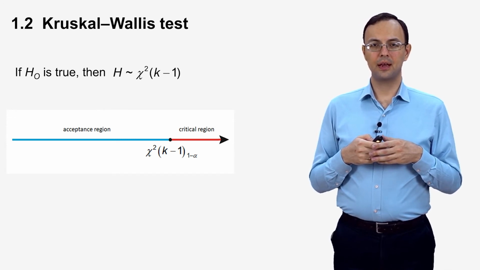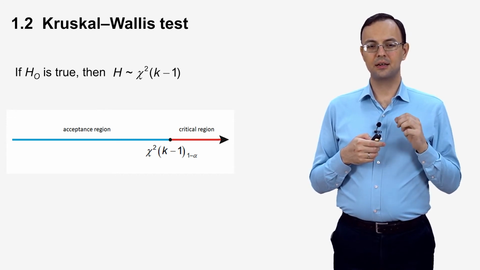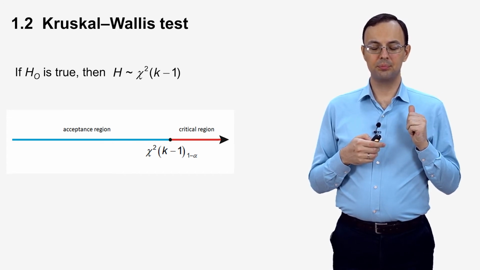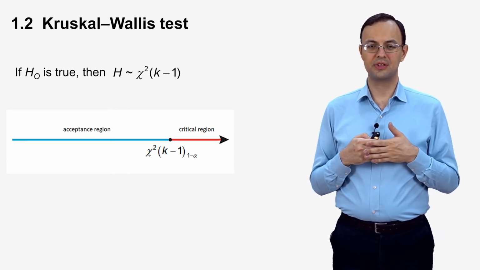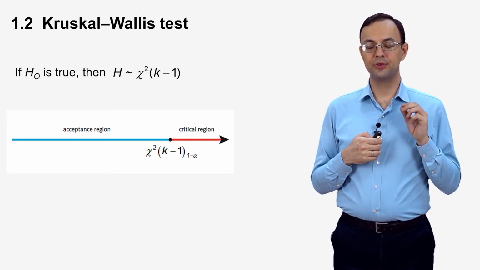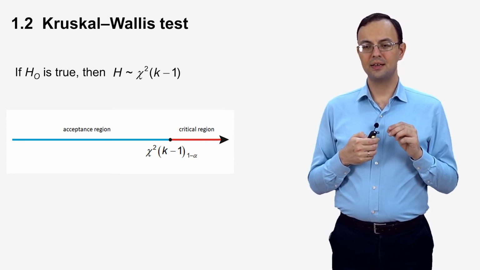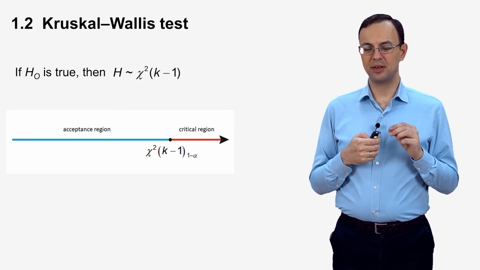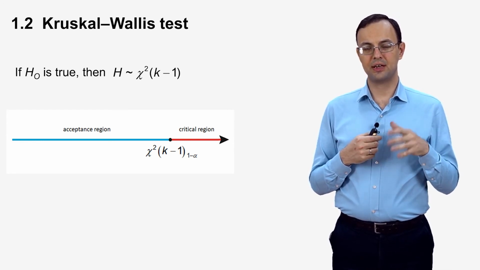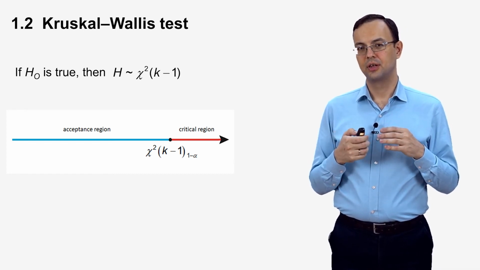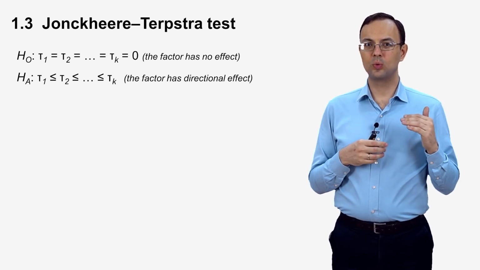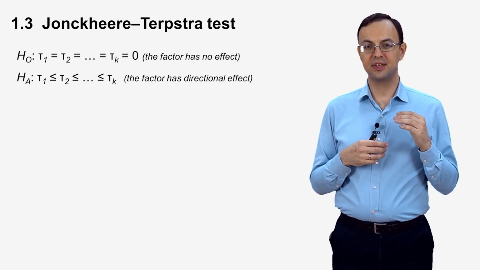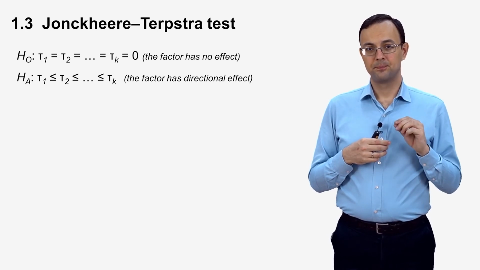So, unlike in the previous problem we discussed in our previous lecture, here we have also a third case. When we say that we suppose that the effect of the factor is directional, what do I mean by directional? For example, we have a hypothesis that education affects the salary of a person. But